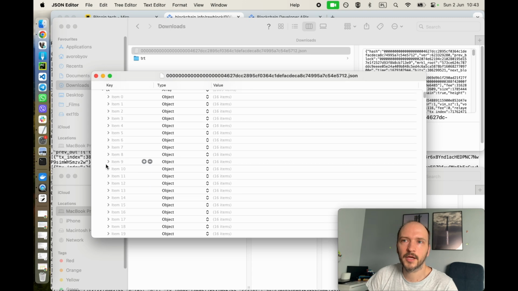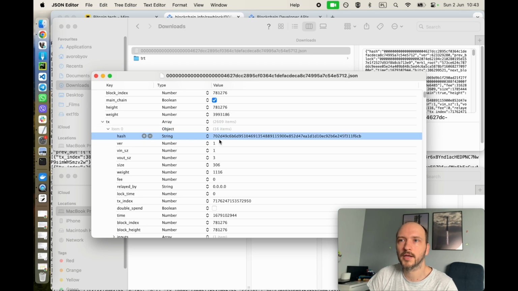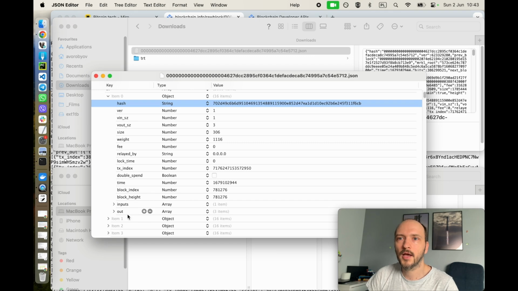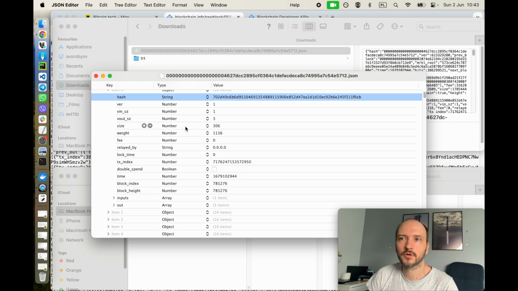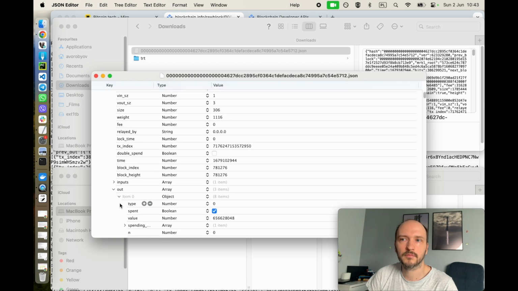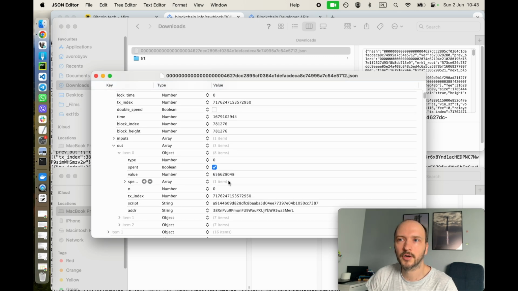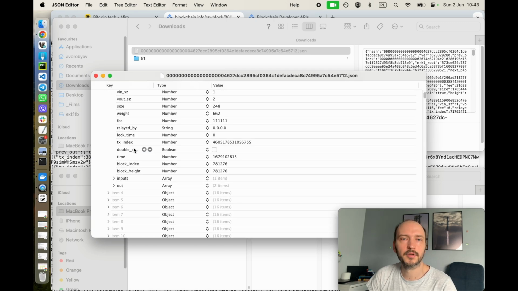And here we have an array of transactions. Usually the first transaction is a transaction produced by the miner, where the miner gives himself the reward, the newly mined bitcoins attributed to him. And transactions look like that. You have inputs, and for the first transaction there may be no inputs at all, but there will be some output. And here is the output where the mined money is attributed to the miner, and here is the address of the miner. And other transactions are transactions where some people send money to other people, and we will definitely see